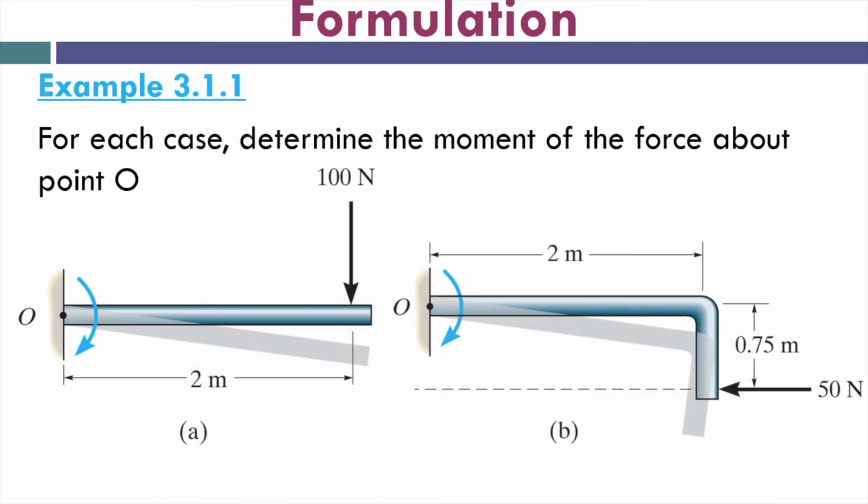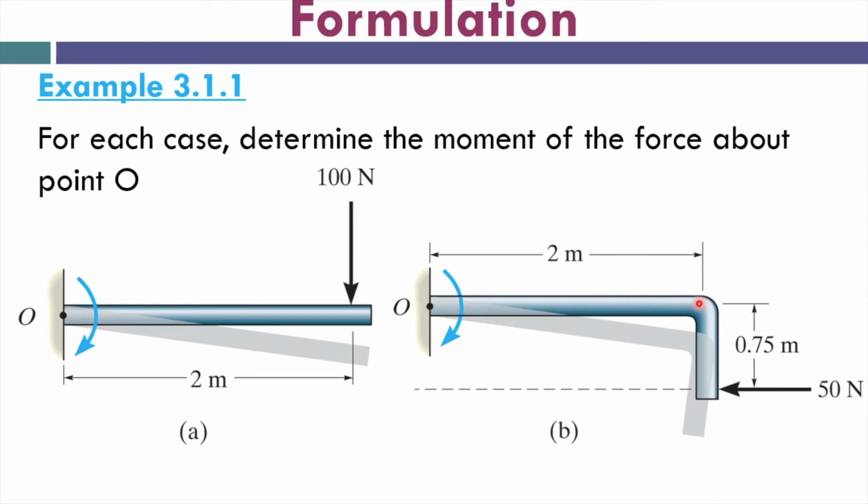Okay, so how does the calculation happen? First the distance will be given, so where are we going to apply the force? Let's say we apply the force at a point 2 meter from the origin, and the direction is this way. Okay, this is how the direction is done. And for the second question,